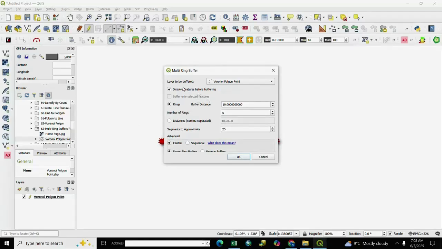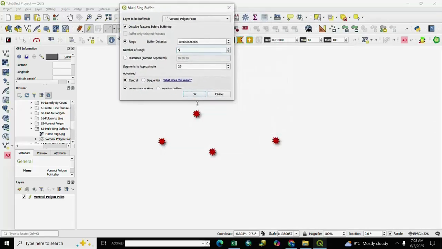After it, layer to be buffered, here is our layer, the point layer, and we take dissolve feature before buffering, and ring buffer distance 10 meters and number of rings 5 and segments to approximate 25 and we click OK.